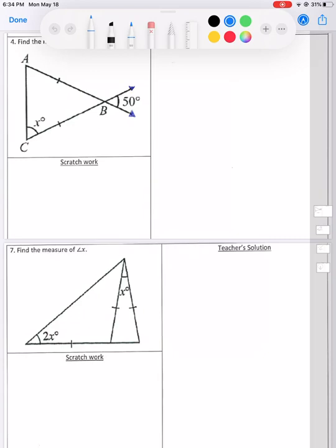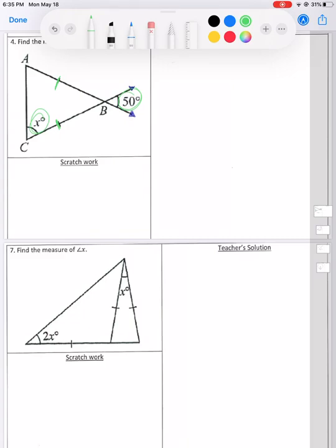So we're going to find the measure of angle x. X is right here. And we're going to inspect our figure and make our plan. The things that we have on our figure is that this angle right here is 50 degrees, and we have these two marks here on a triangle. Of course we're going to use base angles of isosceles triangle or equilateral triangle because that's what our new properties are. And when we use base angles of isosceles triangle, we can show that the two base angles